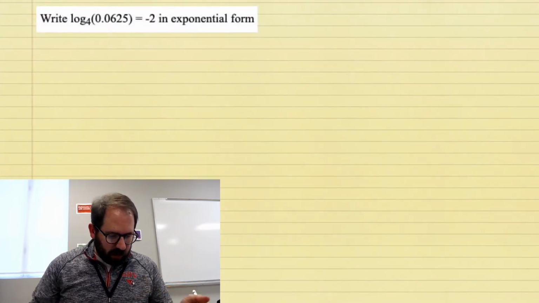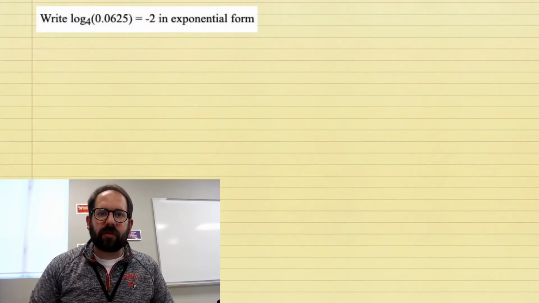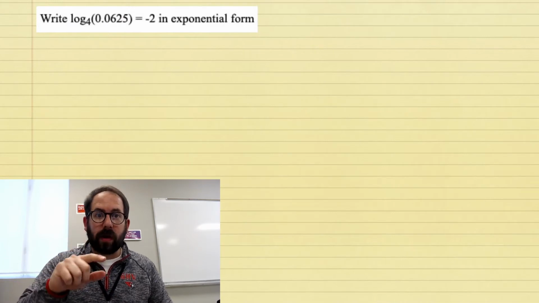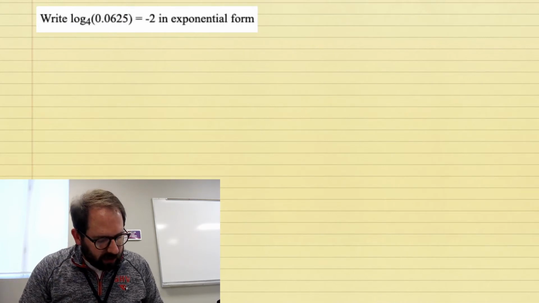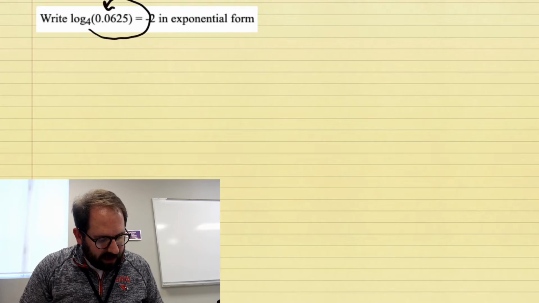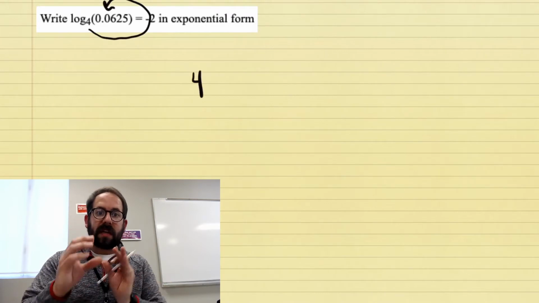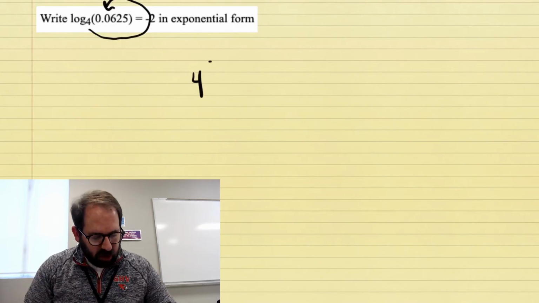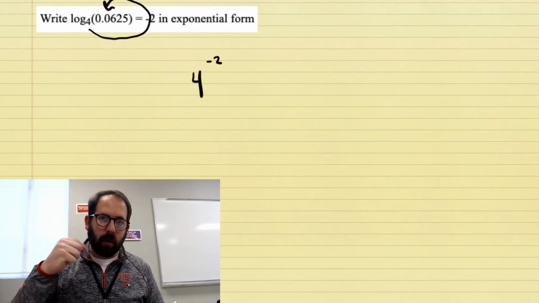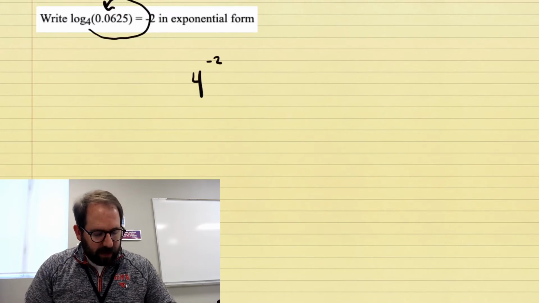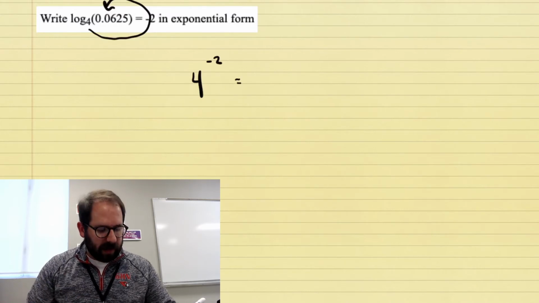So first one here, we need to write this in exponential form. So we don't even have to solve anything, we just need to rewrite it. The trick for doing this is to do a circle method. We have a base of 4, and what a logarithm is equal to is the power. So the -2 is the power that you're putting on the base. And then that's equal to the number that's right next to the base number,